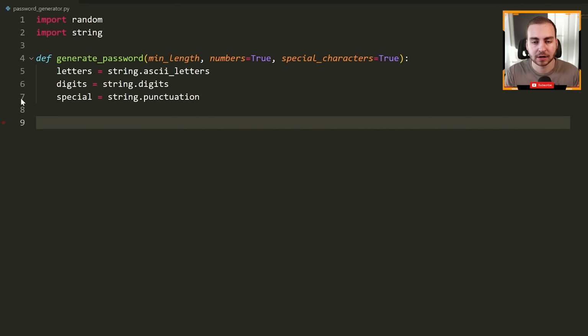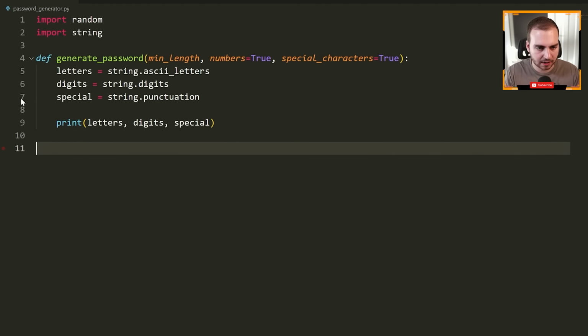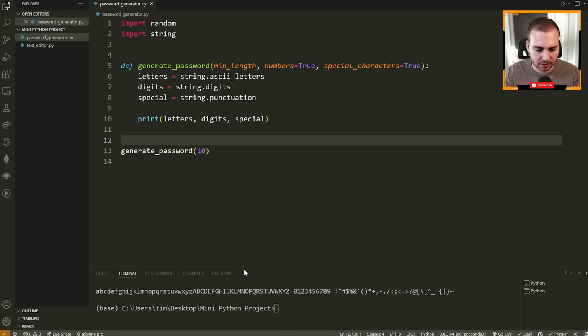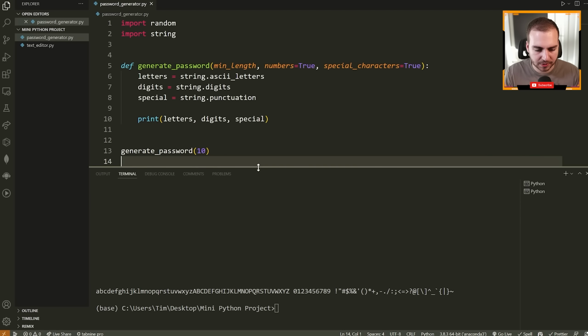I think I spelled that correctly. Okay, now I'm just going to quickly print these out just so you can see what they look like. And then we will continue. So I'm going to say generate password, and we'll just pass 10 for now just so that we can see what these are. Okay, so when I call the function, you can see what we get printed here is